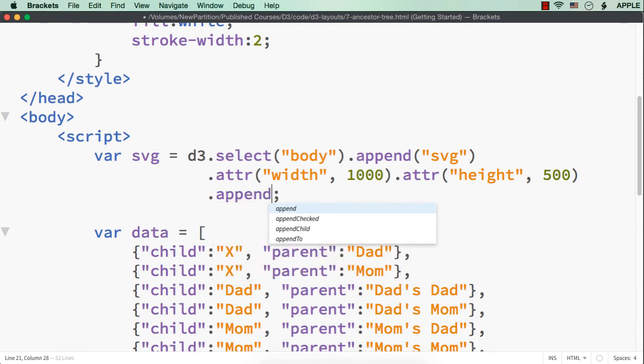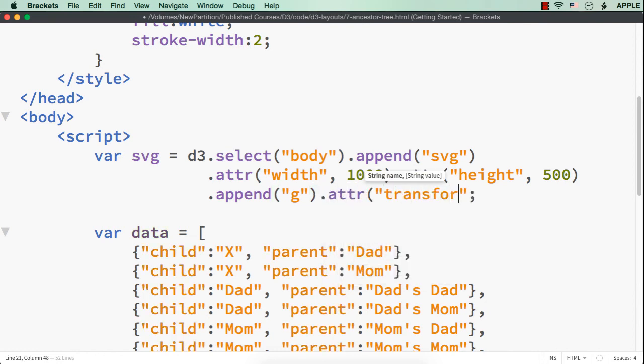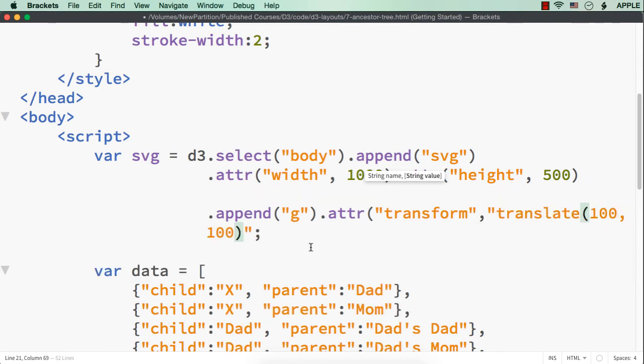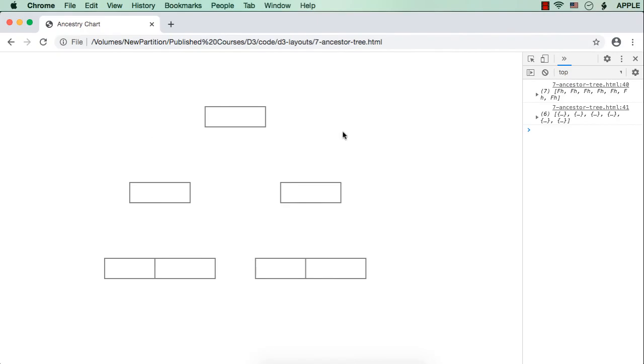So append G and then dot attr of transform, I want to translate it to say 100 comma 100. So it will move 100 pixels towards the right hand side and 100 pixels towards the bottom. Then let me close this. Now let me save this and check the output. See, it has moved to the right hand side as well as to the bottom.